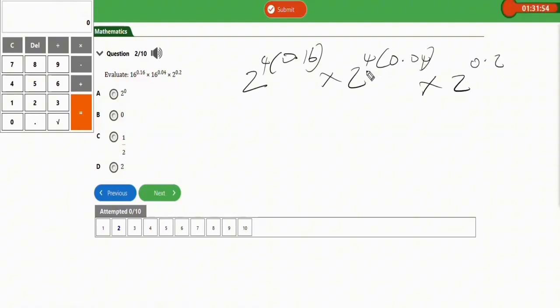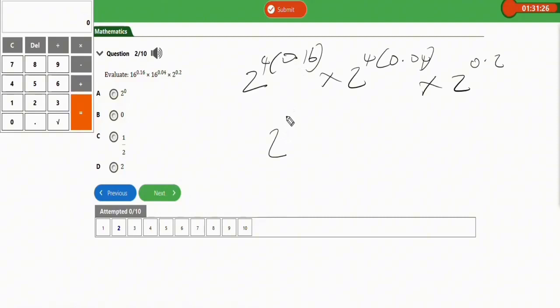0.2. So the base is not the same. Apply the law of indices again. This time around, you apply the multiplication rule, which says that when values are multiplying together and the base is the same, you add the exponents or the powers. So this is going to give us 2. Just take one base and add the powers or exponents. So this will give us 2 to the power